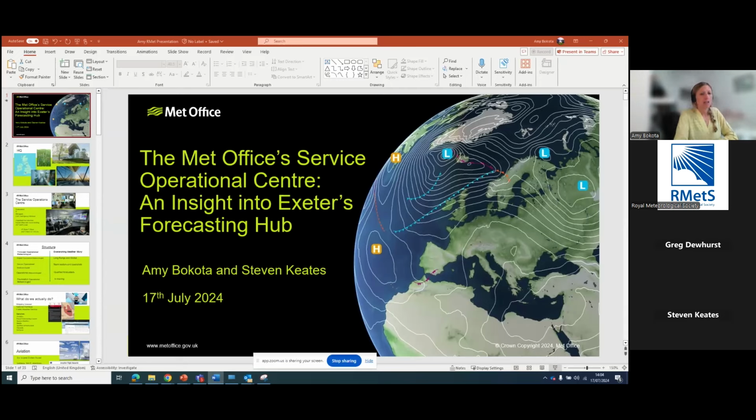So, this talk is going to be about the Met Office Services Forecasting Hub. So I'm just going to start off with where exactly that is. So we've got the map here, and we're down in Exeter in the southwest, which is a lovely place to be. Been here since 2003. I've got some pictures here of the outside of the building. So we've got a very beautiful building. This picture in the top right is the...